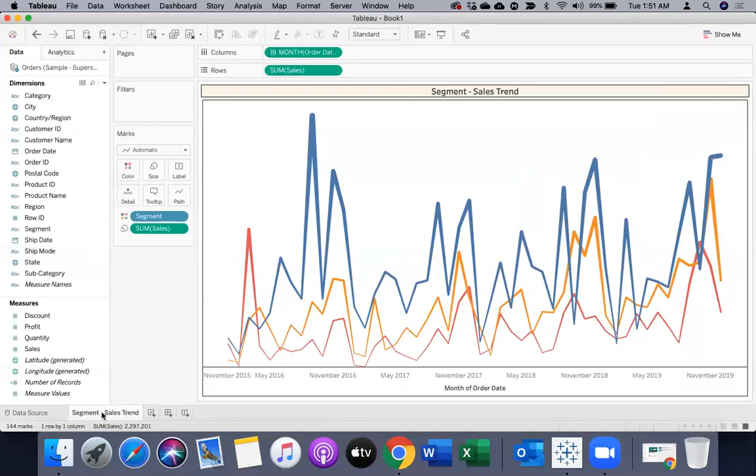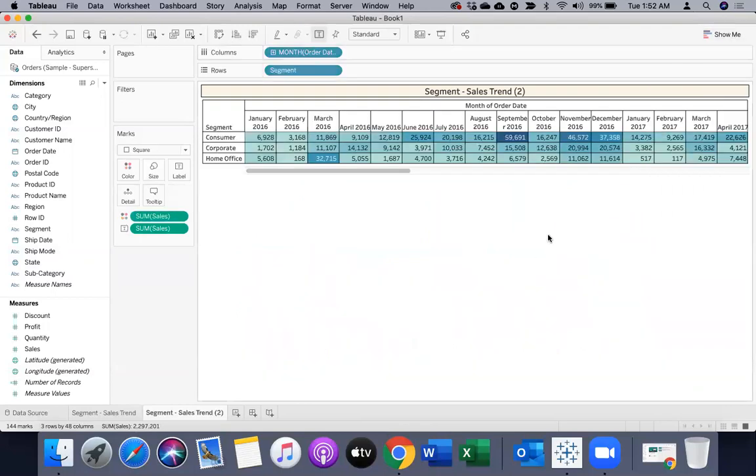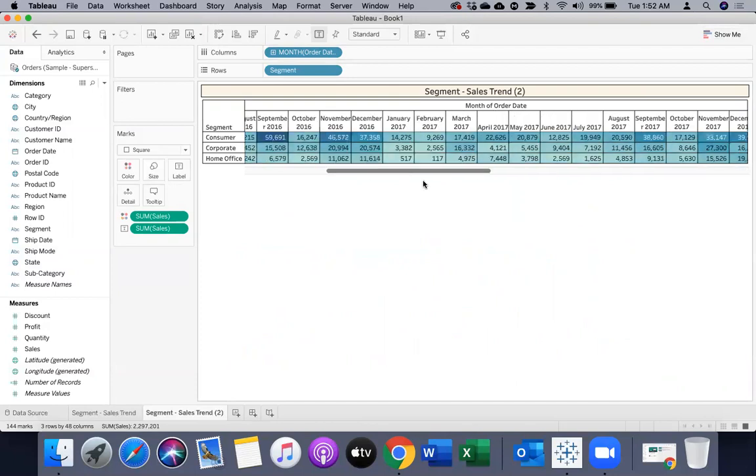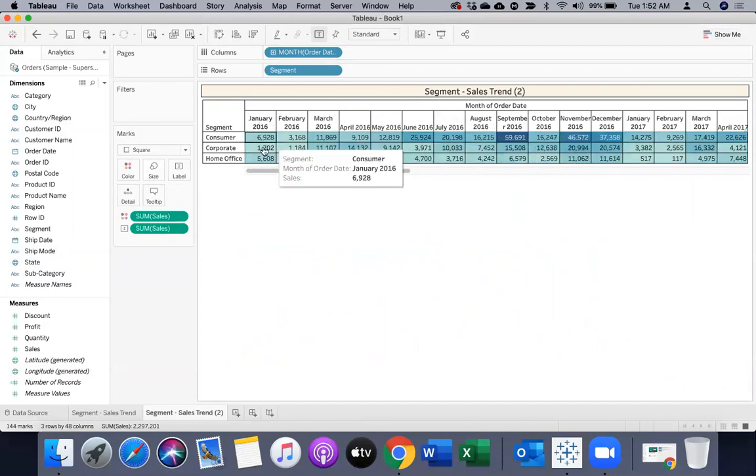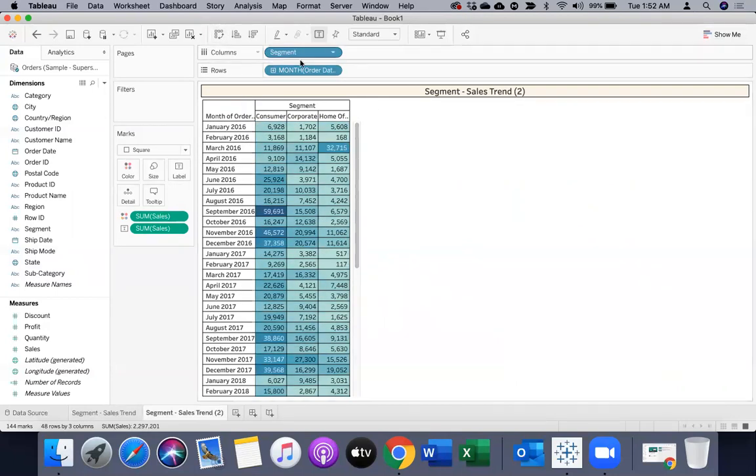Now I'll make a copy of this sheet so that I can duplicate it, and we'll convert this into a cross tab like this. So over here, you will see a similar trend wherein we are showing details of sales by segment. However, different years are there. If you wish, you can change the view maybe like this. Yep, that'll work. So yes, I'll keep it like this, whereas I'll just change the name. In place of trend, I will call it cross table, sales cross table,